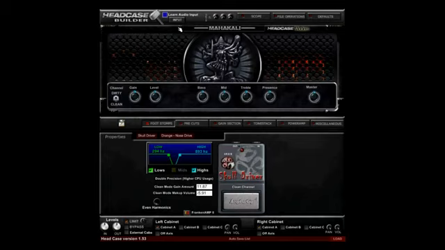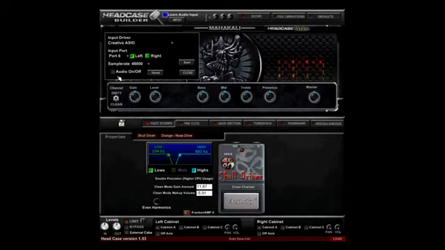So what you do is you click the blue button. And what this blue button is going to do, once you already have your audio input on, is read the level as you play and then make some decisions as to how loud that level needs to be in order for Headcase to run the head in optimal condition. So let's try this now, and you'll notice we're on the clean channel. You hear the sound there, that's pretty distorted. And that's not at all the way that should be. So if we click the blue button,